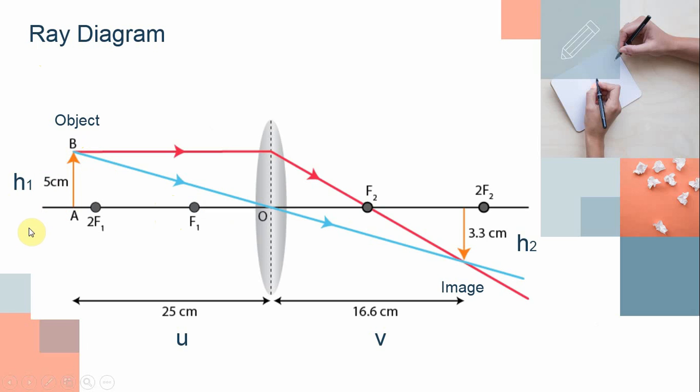Position of the object. Here f is equal to 10 centimeter and 2f is equal to 20 and u is equal to 25, so that the object